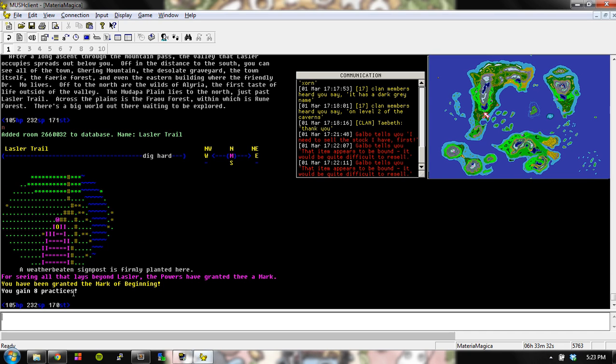If we go to the south is the town of Rune, which is one of the main towns in the game. There's a ship there that can take you to different towns. There's a practice area where you can practice your skills and spells. There's shopkeepers, banks, blacksmiths, all kinds of stuff, a quest master. But we're not going to go there at the moment. We're just going to go north,